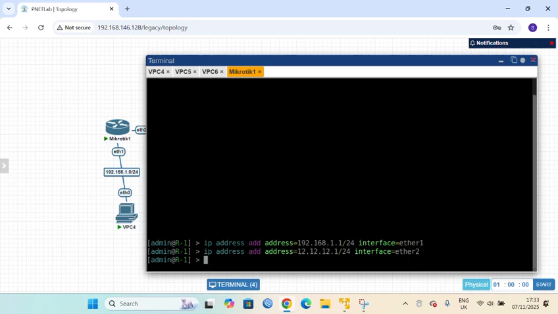Enter. And for router 1, we complete the configuration of the IP addresses.